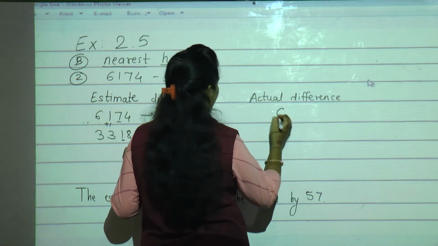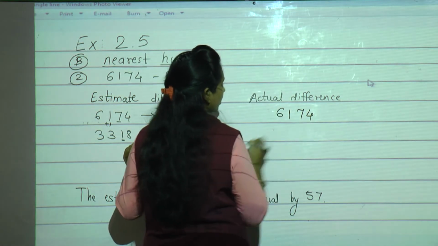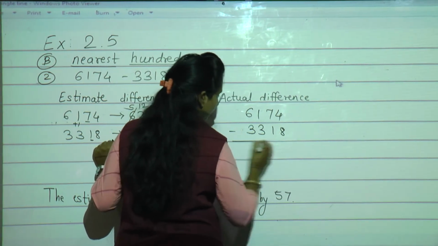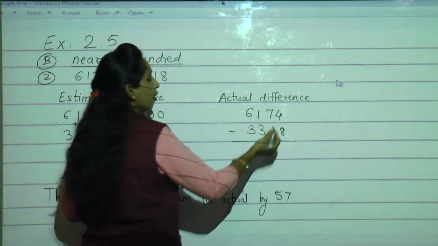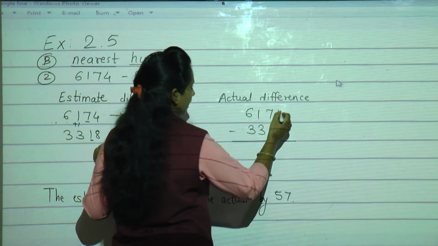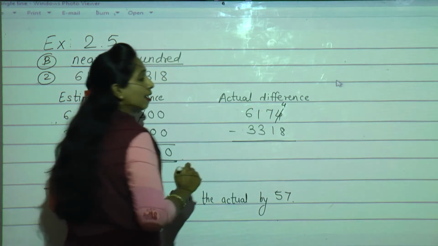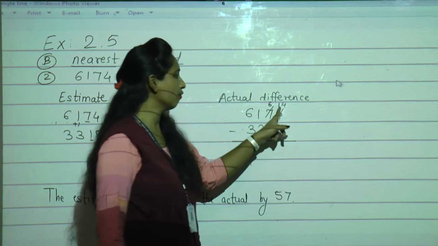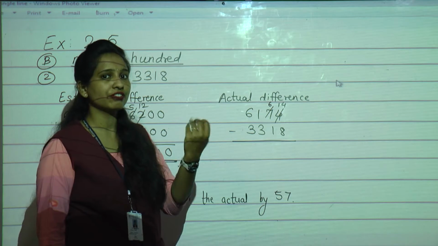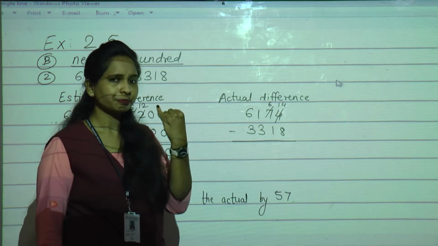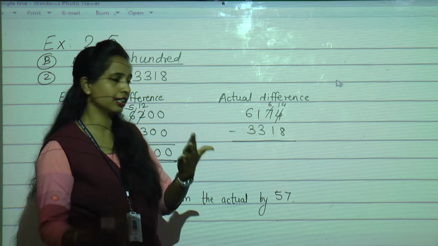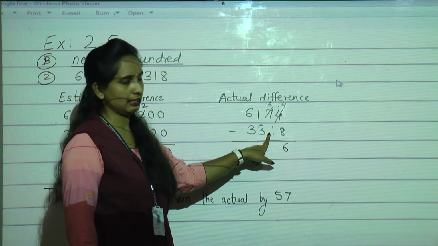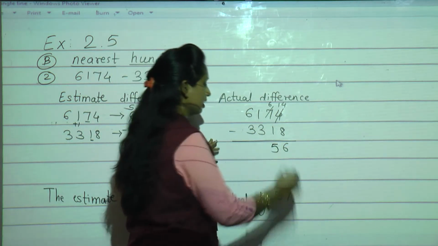The question is, the actual numbers are 6,174 and the other number is 3,318. Now we will see the difference between the actual numbers. 4 minus 8 can be? No, we cannot. So cut the 4, write it as it is. Take a borrow from the neighbor. The neighbor is having 7. He will give 1, 6 will remain. Now 14 minus 8. Count after 8 till 14 comes. 8 after 9, 10, 11, 12, 13, 14. 6 fingers. So right here 6. Now 6 minus 1. Yes, we can. So 6 minus 1 is 5.